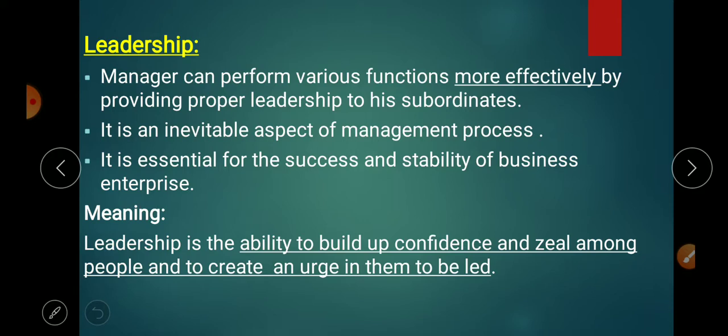It is an essential aspect of management, leadership. Okay, without leadership, there will not be effective or efficient functions in the management. It is essential for the success and stability of a business enterprise. So in order to get success or in order to maintain stability, it is very much